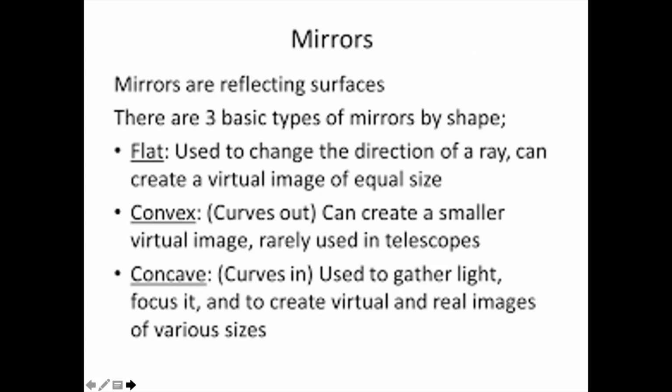A convex mirror is curved outside. If I take a spherical ball and cut it in the middle, and color the outside part silvery so that the light reflects back from it, then that outward curved part is called a convex mirror. Such a convex mirror will always give a virtual image, and this image is always smaller.